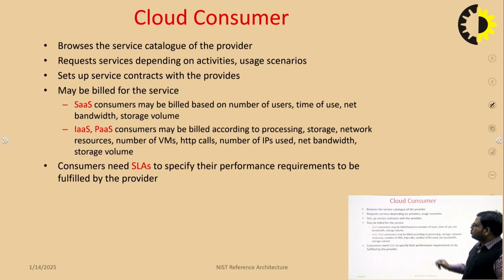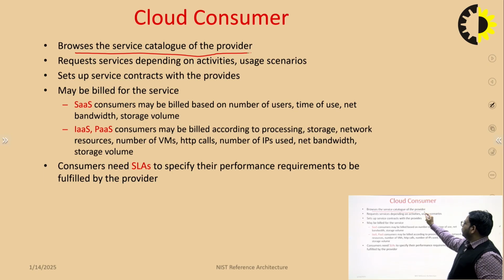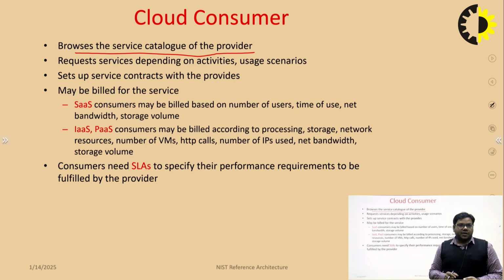So a cloud consumer can browse the service catalog of the provider. Means there could be any cloud service provider which may be providing a single service, a single resource as a service, or maybe multiple services to their consumers. So a cloud consumer can browse what are the services provided by the cloud service provider,